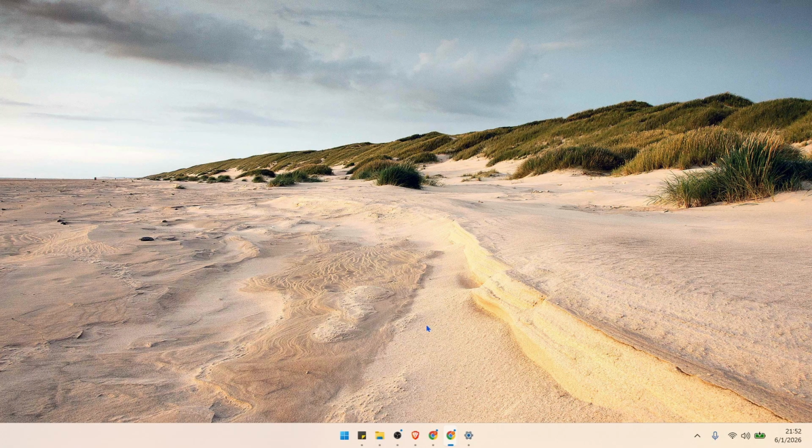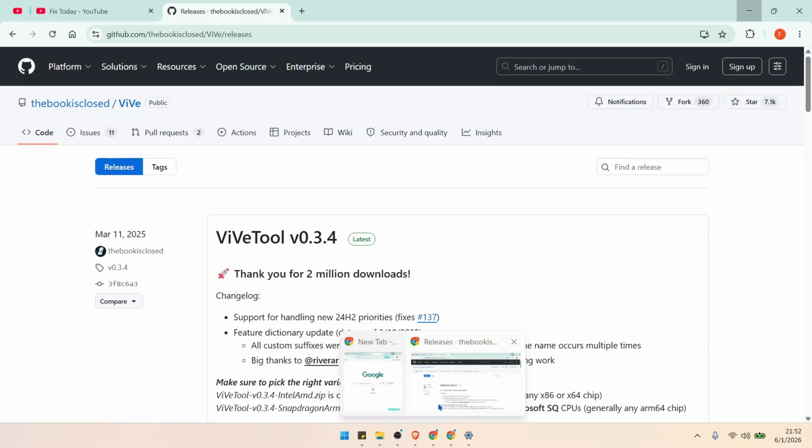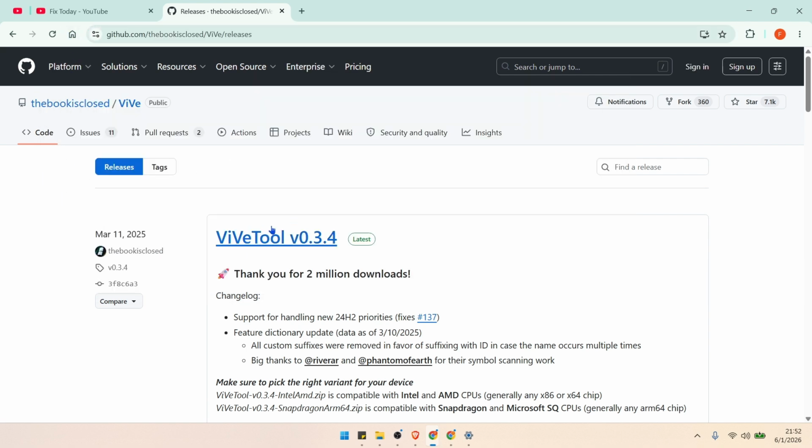The new Start Menu customization features are only available in supported Windows 11 Insider Preview builds, specifically Dev Channel or Canary Channel builds that support the feature. If you're using a standard stable release of Windows 11, these new Start Menu customization options may not be available yet. Once you've confirmed your Windows version, open your web browser and download the latest version of ViVeTool from its